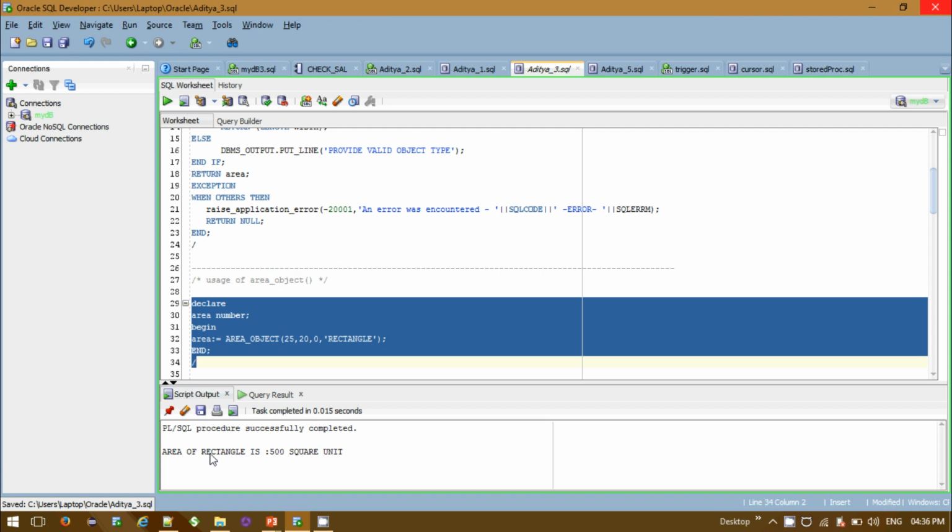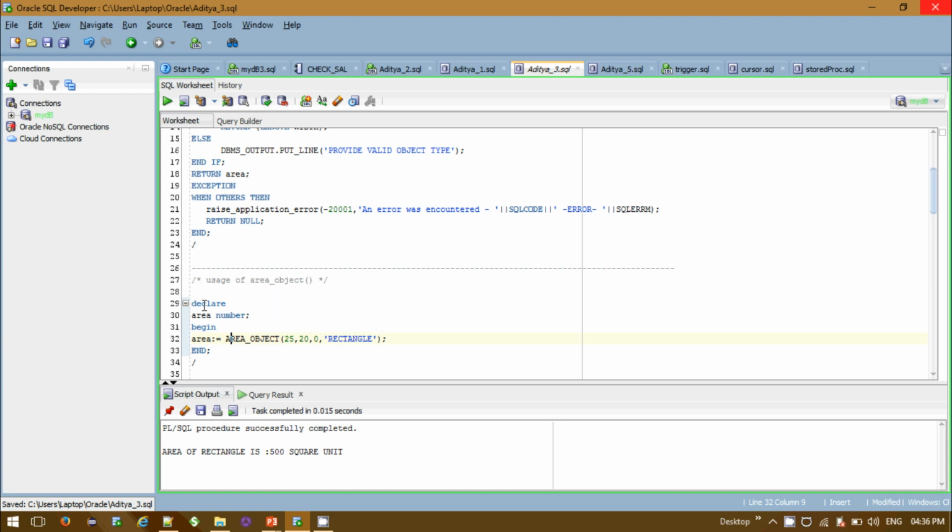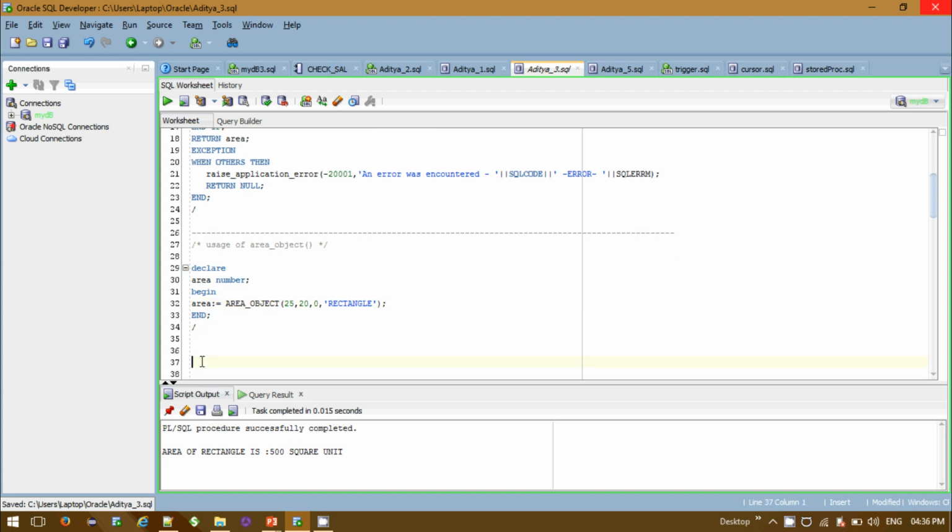Okay, we can see the result: the area of the rectangle is 500 square units. So this is how you can execute a function through the PL/SQL anonymous block. And if you do not want to use any variable, and you simply want to print the function's data, what the function is returning,